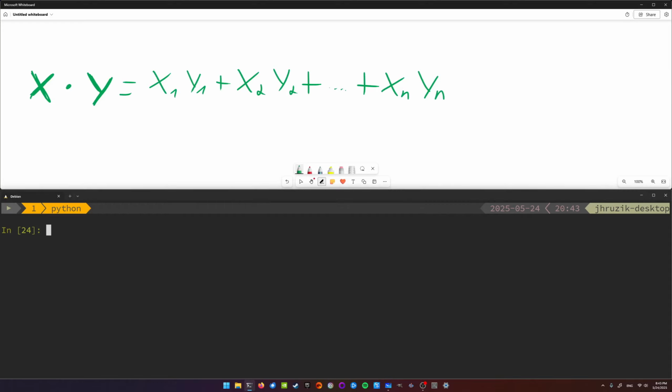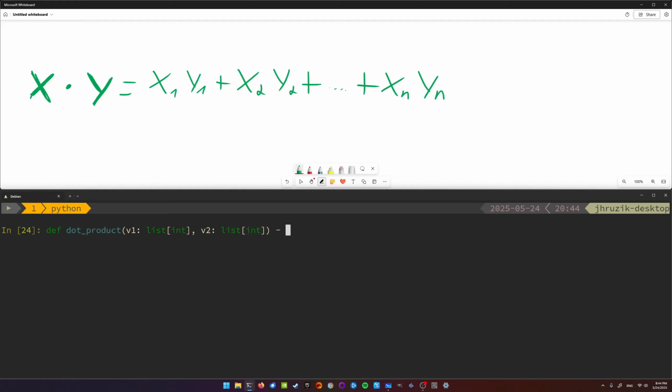Let's now build a Python function that can multiply two vectors with each other. Again, technically one has to be a row vector and the other would have to be a column vector. However, for this implementation, we can just multiply two row vectors, although it's technically not correct. Why that is becomes more apparent when we talk about matrices. So let's say def dot product, and it takes v1, which is a vector, so it's a list of integers, and v2, which is also a list of integers,